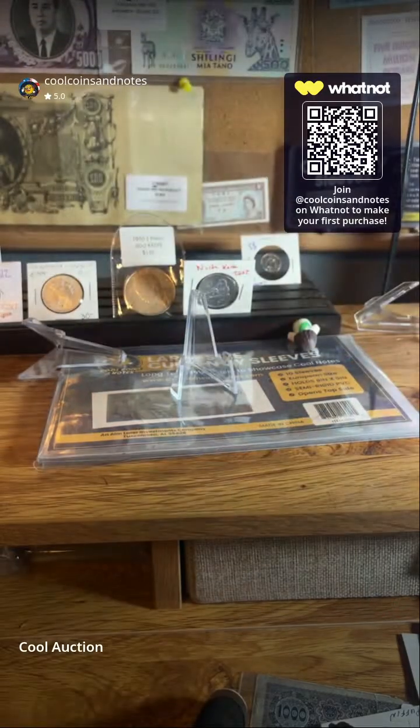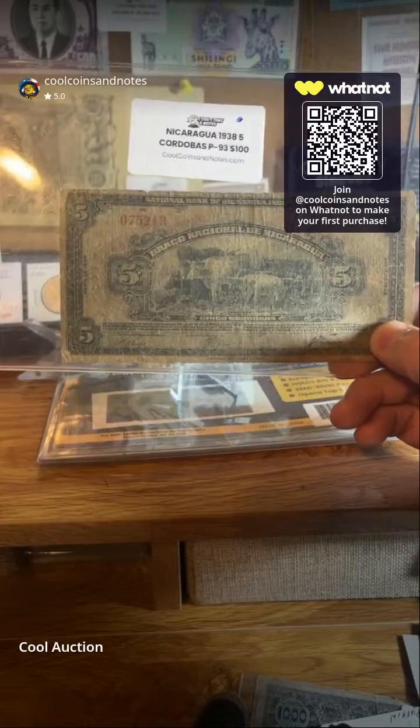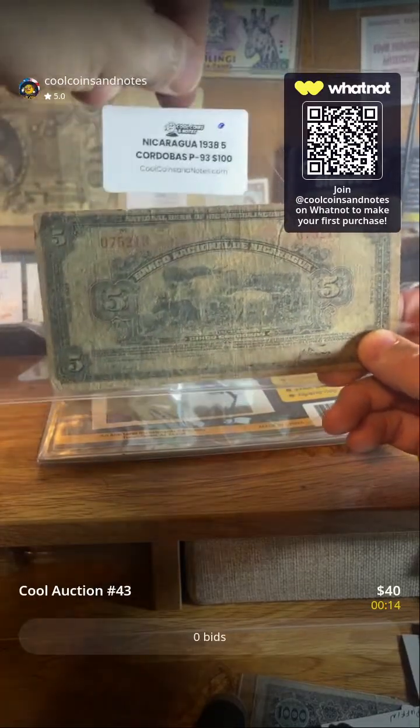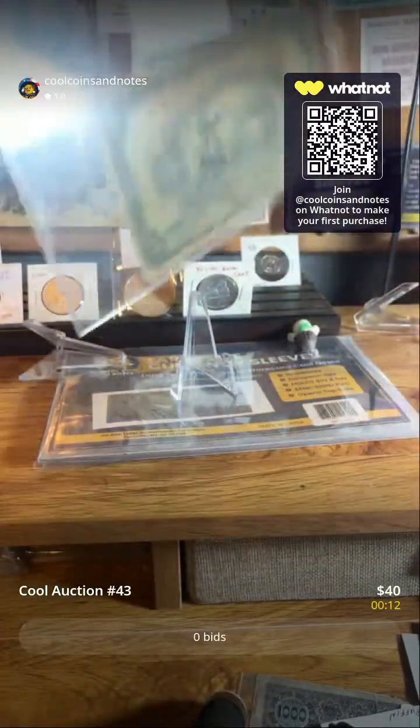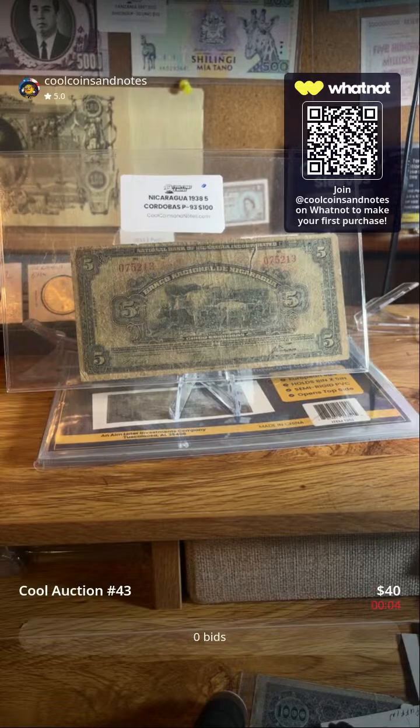Next up, we're going to do a super old Nicaragua. All right, for a deal. We've got 1938, 5 Cordobas. Y'all are probably laughing at me. That's a tough note right there. So even in that condition, $40 isn't wild on that at all. May not be for you, but